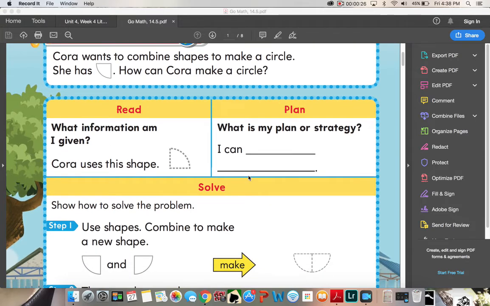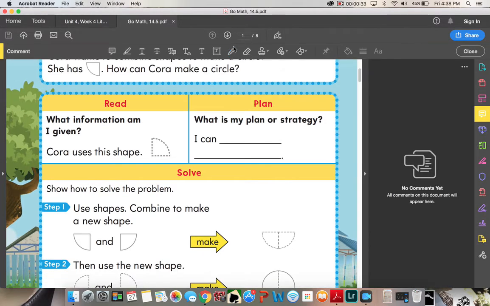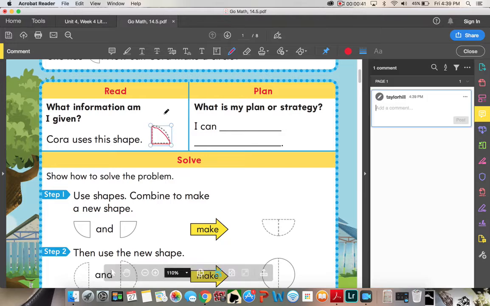What information am I given? Kara uses this shape, so I'm going to get my red pen. She uses this shape right here. What is my plan or strategy? You can combine shapes, you can make new shapes. What can you do? You can combine,